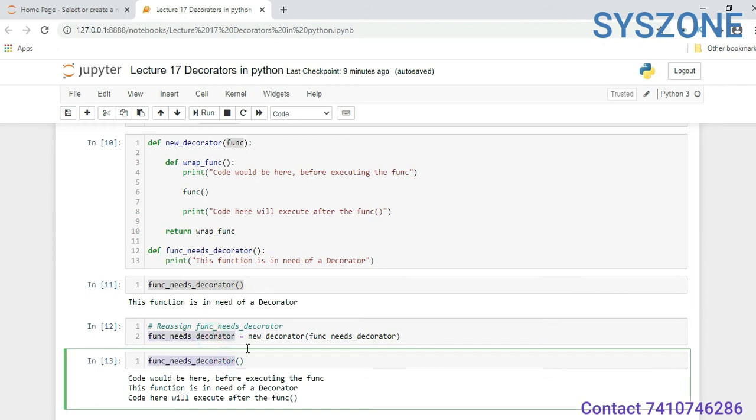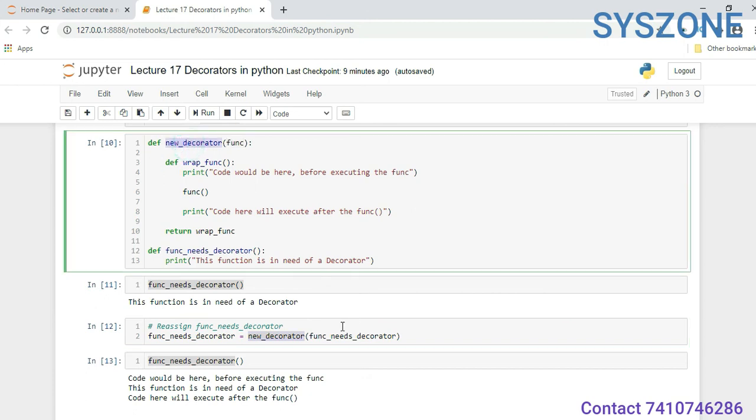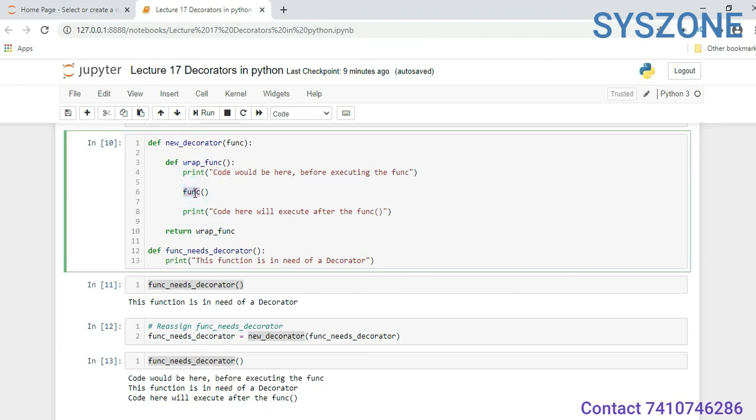So when it goes, it will first go to new_decorator. If you go inside, it will first print "code would be here before executing the func." Then on the next statement, it will call the function func.